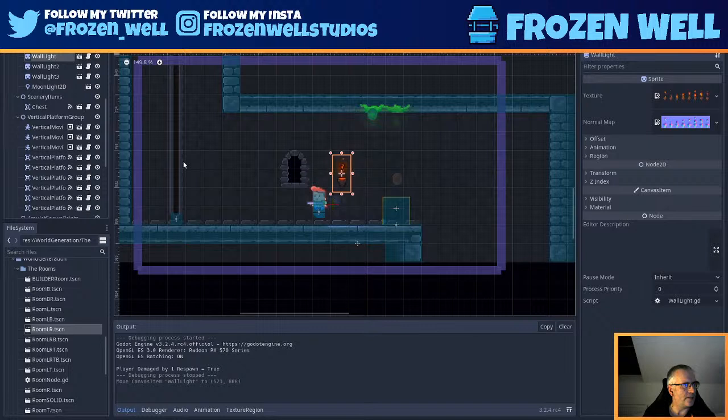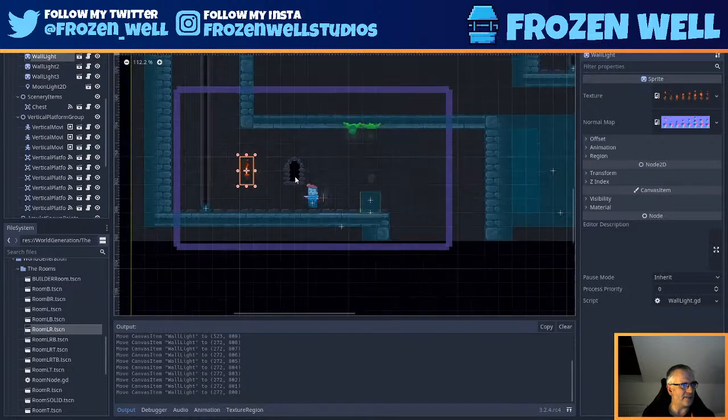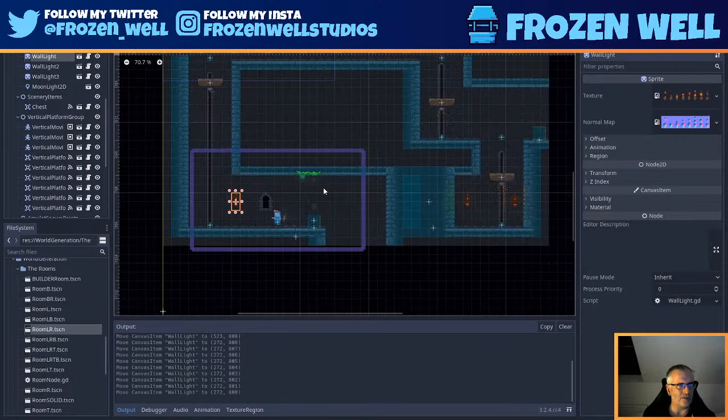So we'll move that light a bit now. I do need to make a lot more scenery items and different types of lights for this, because at the moment I've not got a lot of things to be adding into these levels, so